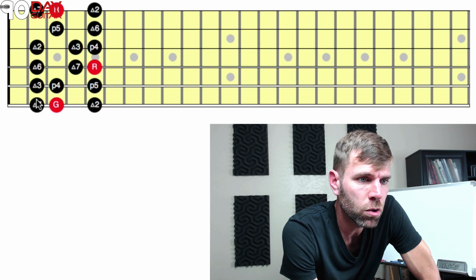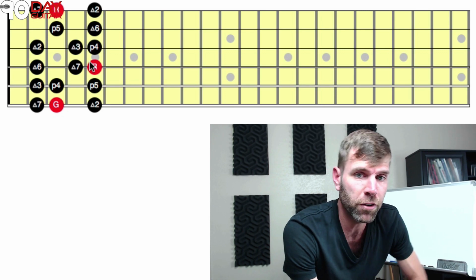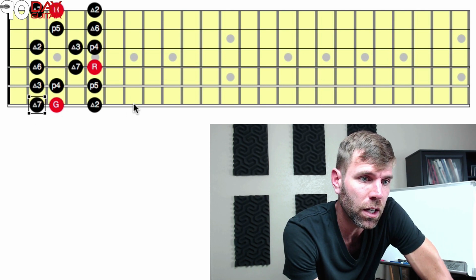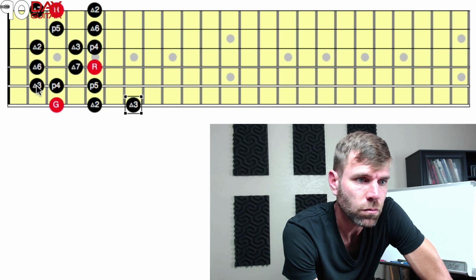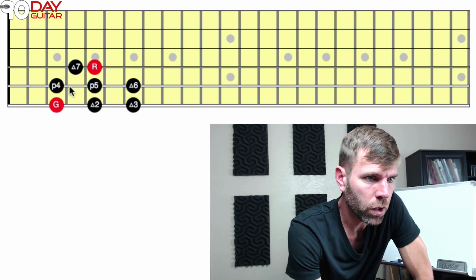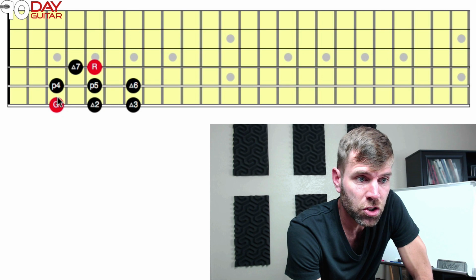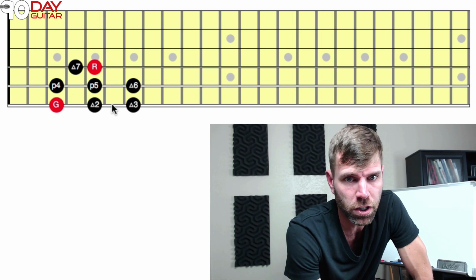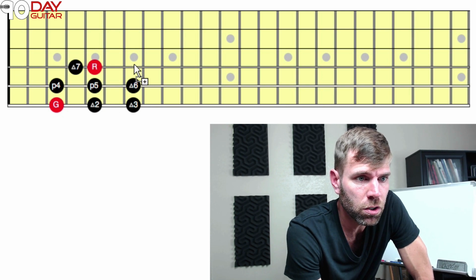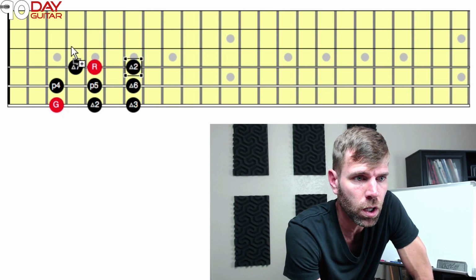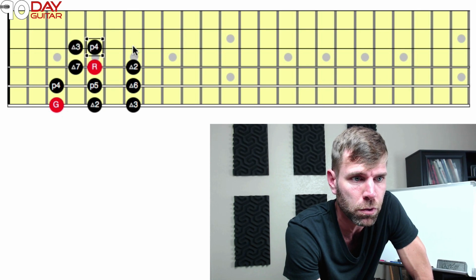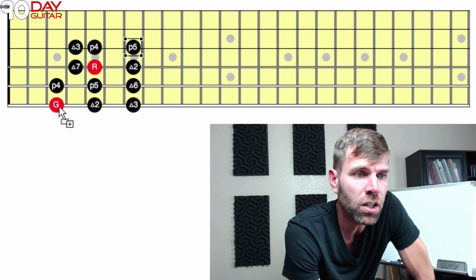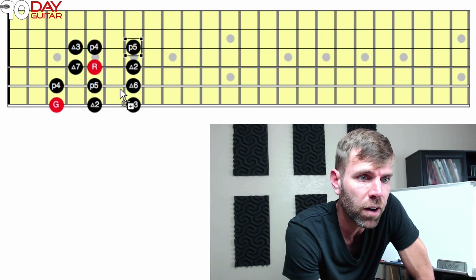If we were to, say, learn a different type of scale pattern, kind of what I had in the beginning, okay? And now you see it's still G. You still see a 2, a 3, a 4, a 5, a 6, and a 7. But the pattern looks different, okay? And then we could continue this forward. And this is what a lot of times we refer to as a 3-note per string pattern. So we have 3 notes on each string. But you're going to see that you have a root, a 2, a 3, a 4, 5, 6, 7, and